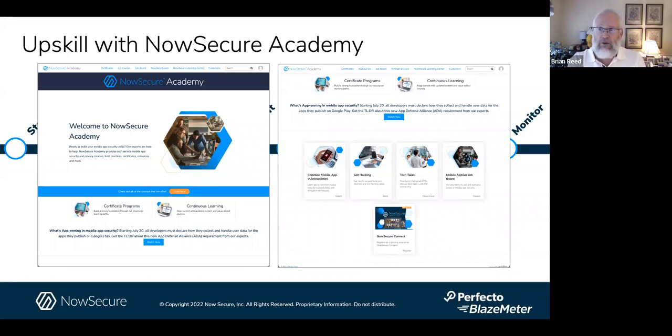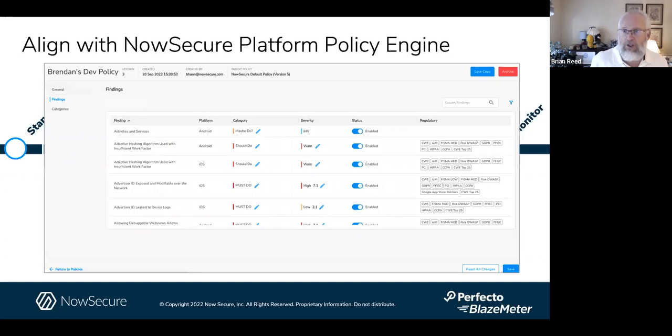So we decided to create a free academy. So any of you on this or your development teams could sign up, get free code training, right? Go take the 5 worst things that happen most frequently and learn how to use those APIs, right? Go learn Mobile AppSec 101. We've actually cloned NowSecure Academy in a lot of different places to enable people to get this training wherever they go. And we're not here to make money on the training. We're here to help you and your development team make sure you really understand AppSec and what that really means in a mobile world. So we encourage everyone to take advantage of it.